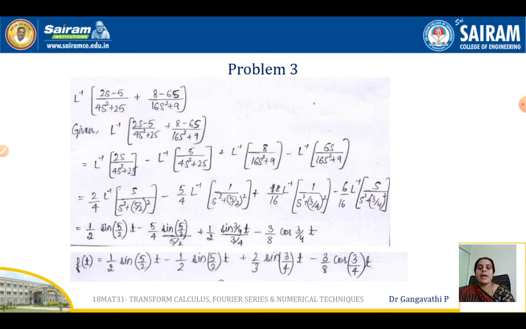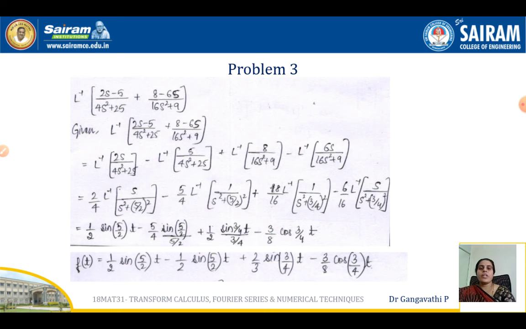When you compare the Laplace transform for cos at, which is s divided by s square plus a square, L inverse of s by s square plus a square is cos at, and the value of a is 5 by 2 here. So make a note of it, this is not sine, it is a cos. And from here it is again a sine, it is a divided by s square plus a square, and we get sine 5 by 2 into t, and here again it is a sine, and again the last term is cos, and the a values you are going to replace accordingly, and on simplifying we get this expression.